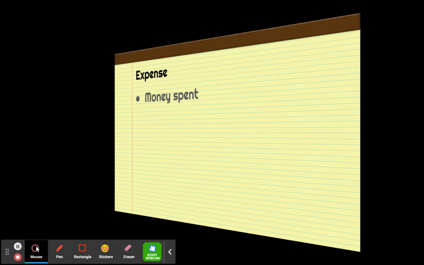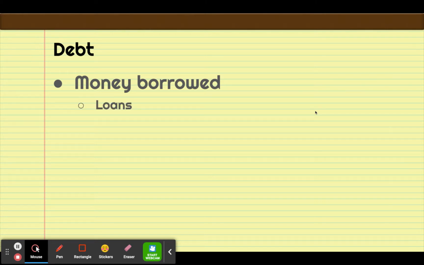All right, expenses. So an expense is essentially the opposite of income. This is money going out. Right? Not much to really understand about that. Debt. Debt is money we borrow. So if you borrow money, then it's money you owe. All right. So we may have heard of these in loans. Okay. There's plenty of reasons to go to a bank, get a loan.